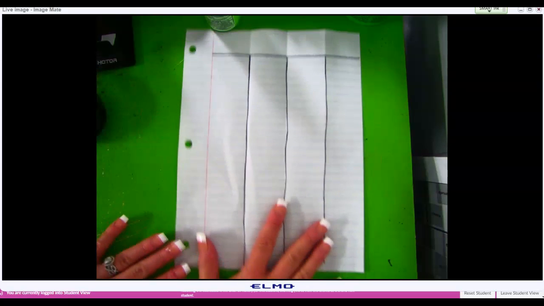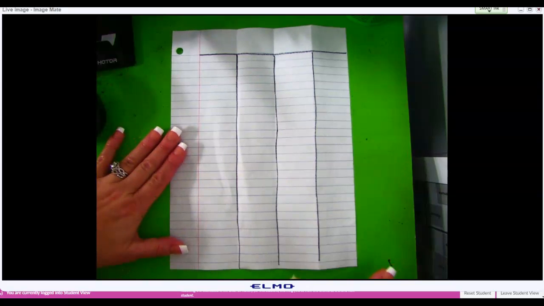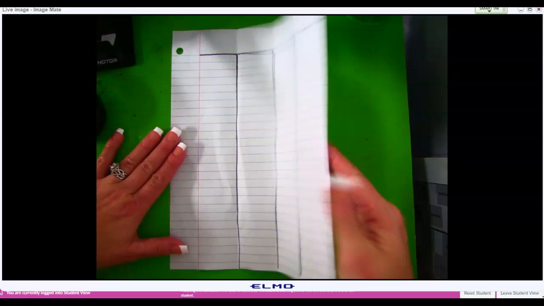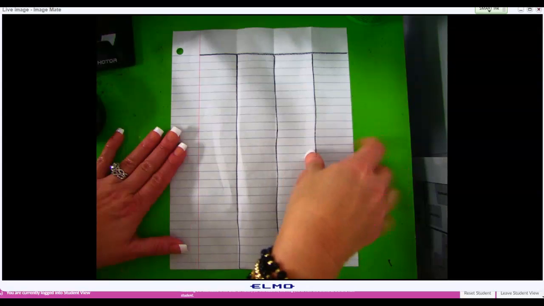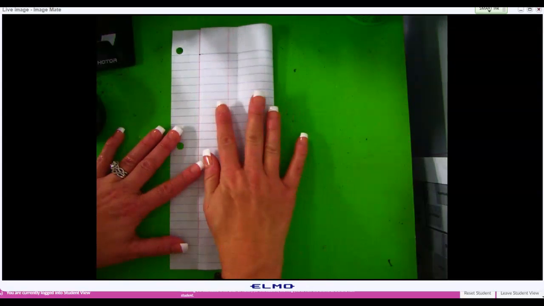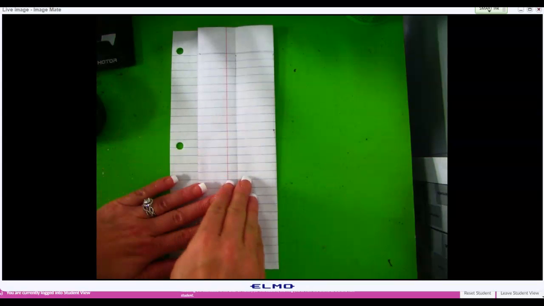All right. Thumbs up. Are we ready? Okay, so you notice my paper is already laid out, but I will show you what I did. If you have lined paper, I use lined paper, okay? I do it because that keeps everything straight and in line, and I'm kind of organized like that. But to get my 4 sections, I folded it to that red line, okay? And I did that just so I'm not writing where these dots are, because I'm not gonna lie, that kind of drives me crazy. So I folded to this line,